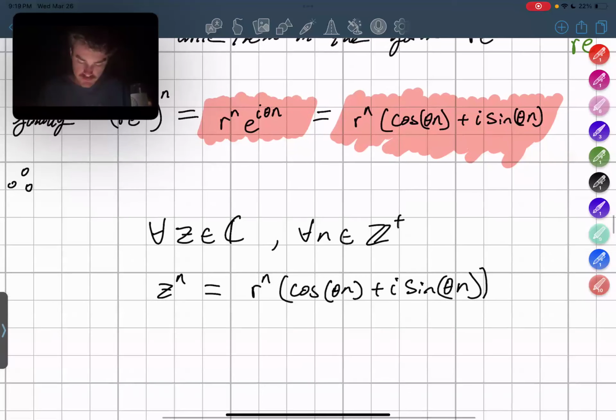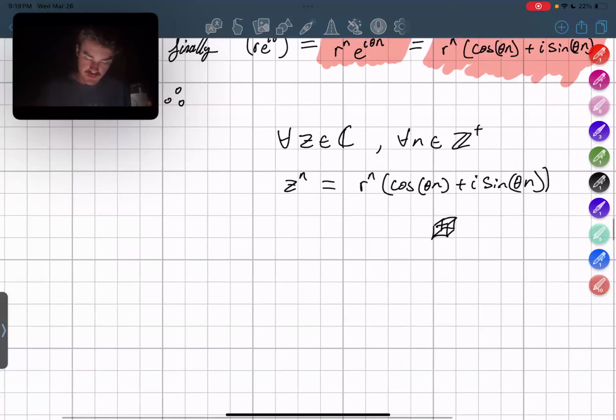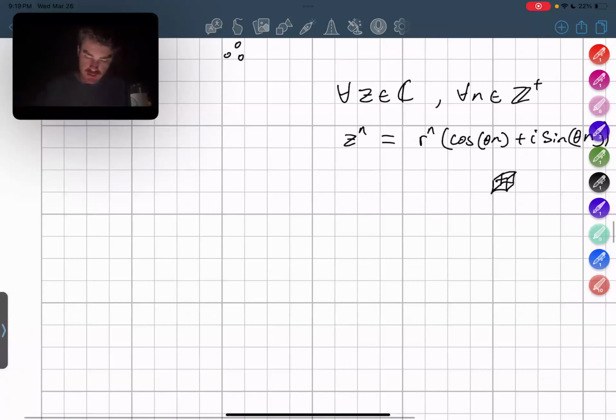All right. And just like that, we are done. That is de Moivre's theorem. But as a bonus, I would like to walk us through why Euler's identity